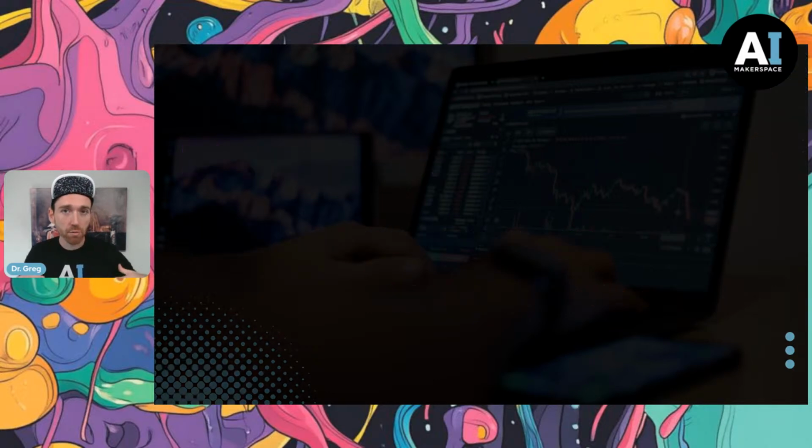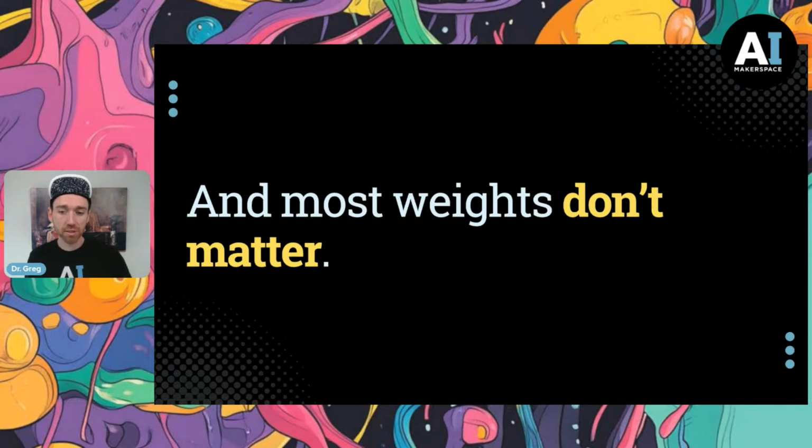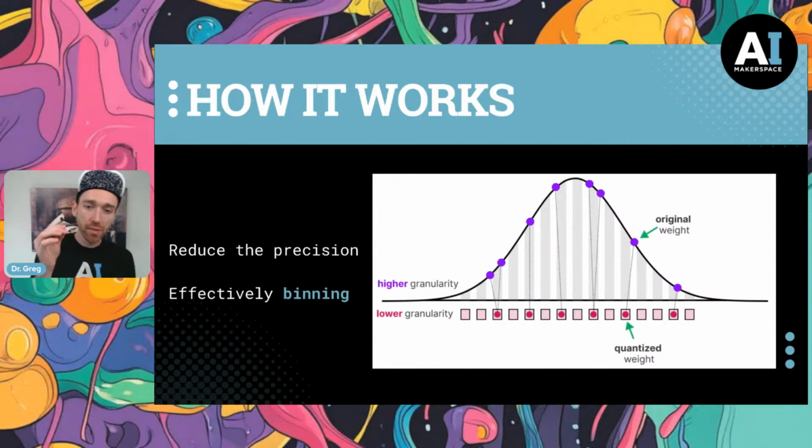And again, we don't care about most stuff. Okay, so we want to really focus in on the stuff that matters. And the stuff that matters is the original weights that are of sufficient size. So if we think about